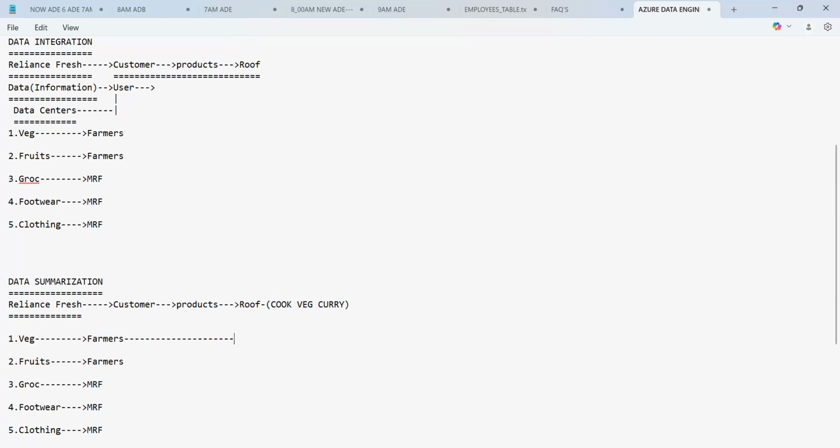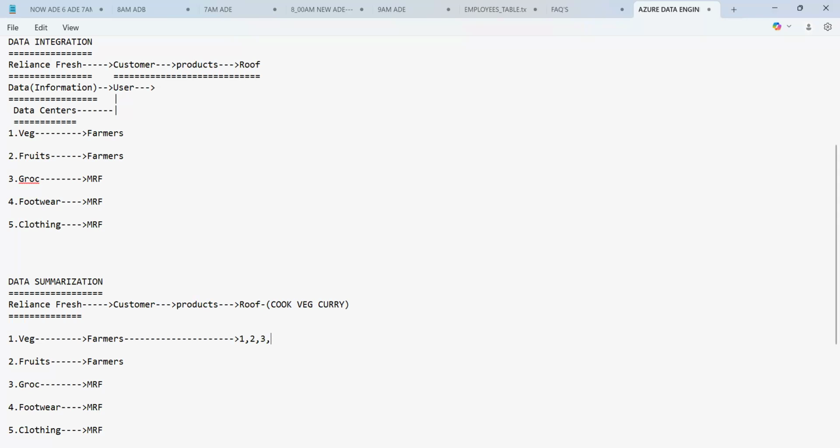Yes, it is required. Yes, we can say product number one, vegetables, is required. To prepare the vegetable curry, do you require the fruits, guys? No, sometimes or sometimes may not. Let us say, okay, let's take two. Now, do you require the grocery? Yes, guys. Let us say oil is required, etc. I have taken third.